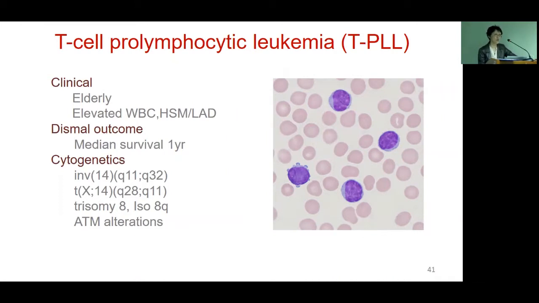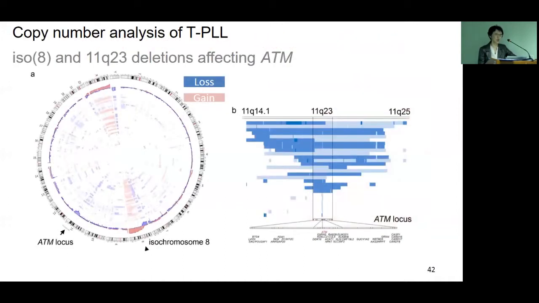Cytogenetically, we had known for many decades that these patients have characteristic rearrangements involving the TCL1 or T-cell leukemia locus involved by either inversion 14 or the X14 rearrangements. They also harbor trisomy 8 and isochromosome 8q, and ATM alterations have been identified. But recurrent somatically acquired mutations in these tumors have not been clear. So we carried out a large integrated genomic analysis of a large number of patients with T-cell PLL,